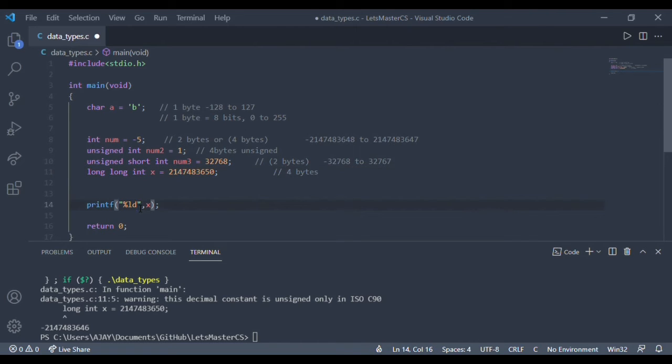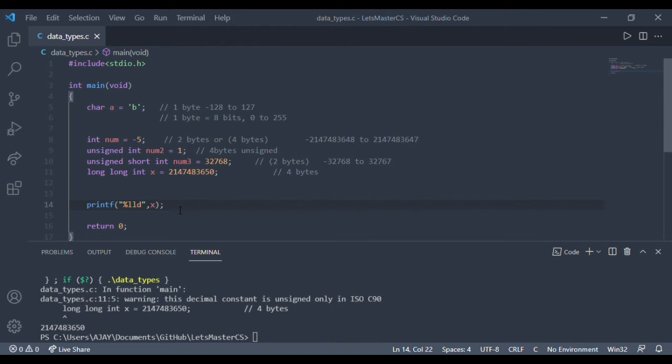Now let's check for long long. We will use %lld. It can take double the amount. Yeah, but it is also creating a problem.